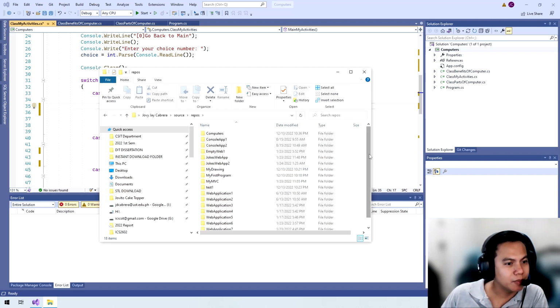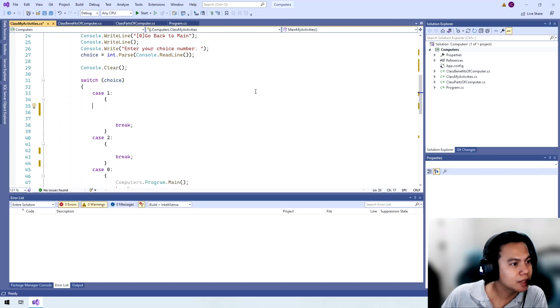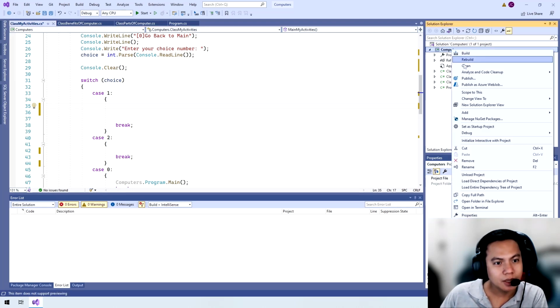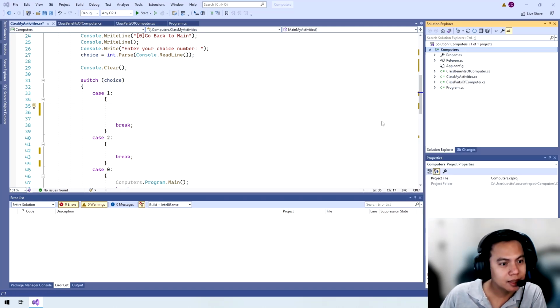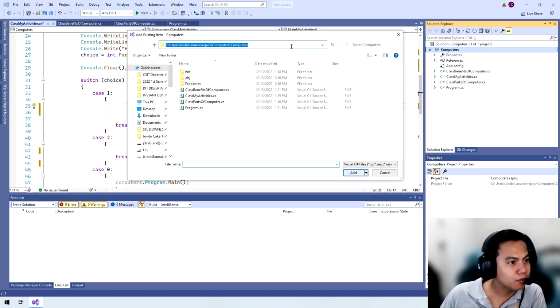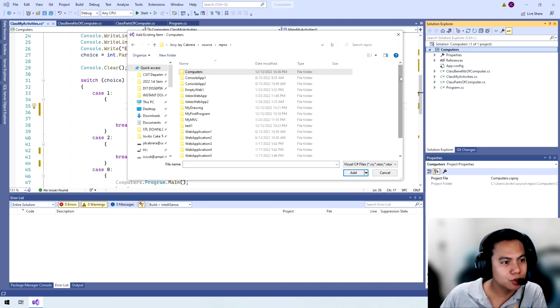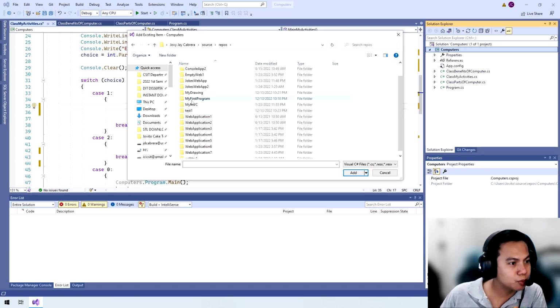Okay, so in my case, I have the computers, which is our final project. And let's say, for example, the previous activities such as my first program, and my drawing. Okay? So I'm going to add now my first program, which is the Hello World. So add existing, and then from the file path, I'm going to select the folder of my first program,